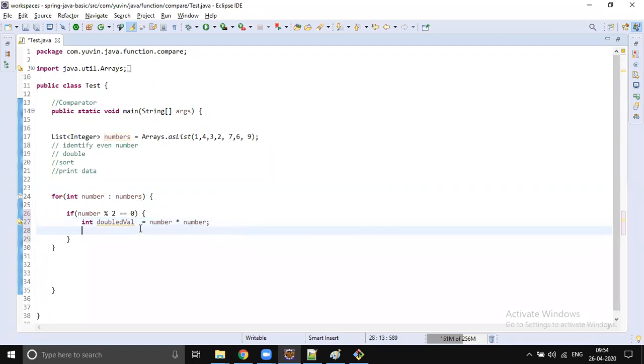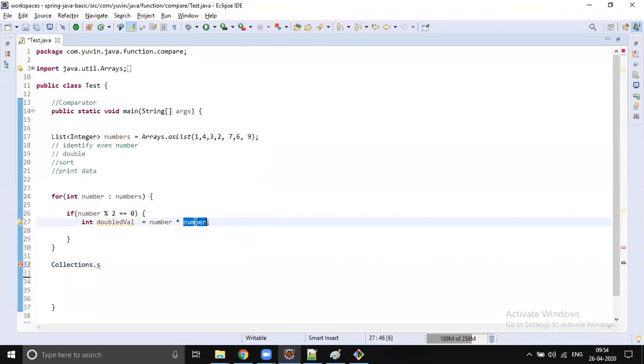So here, Sunil, you need number into 2, right? Just to double. Yeah, into 2 also fine, or number also fine. Like if I pass 2, I get 4. If I pass 4, I should get 8, right? It's square, I'm just doing a square. Yeah, number into number will give a square. Number into 2 will give a double. Yeah, after this for loop, what should I do? I should call this Collections.sort. Anything is fine.